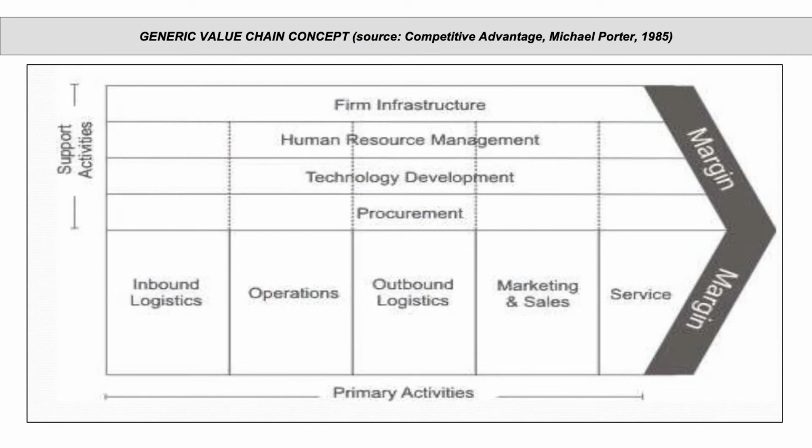The generic value chain concept suggests the following activities: inputs or inbound logistics, the raw materials and all the processes helping in the internal receiving, storing, transporting, and distribution activities. Operations, the functions and activities such as product management, manufacturing and engineering, and other support functions that use the inputs and transform them to outputs.